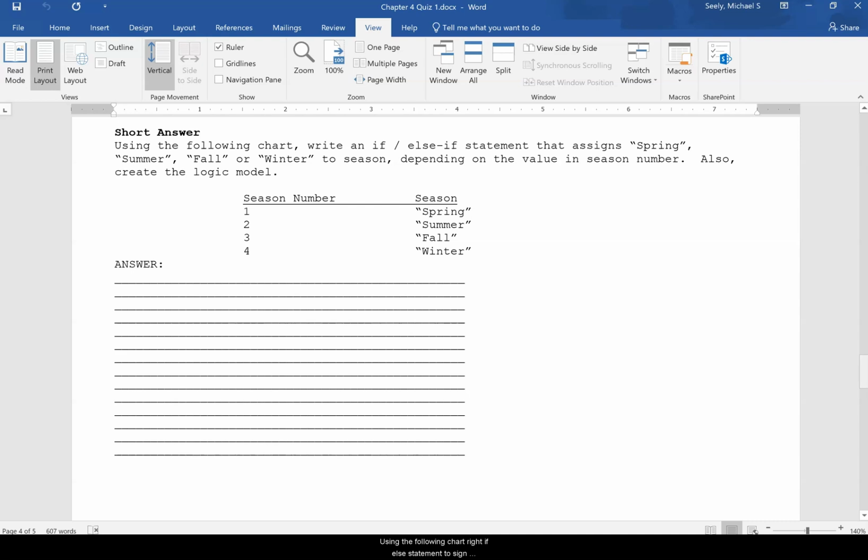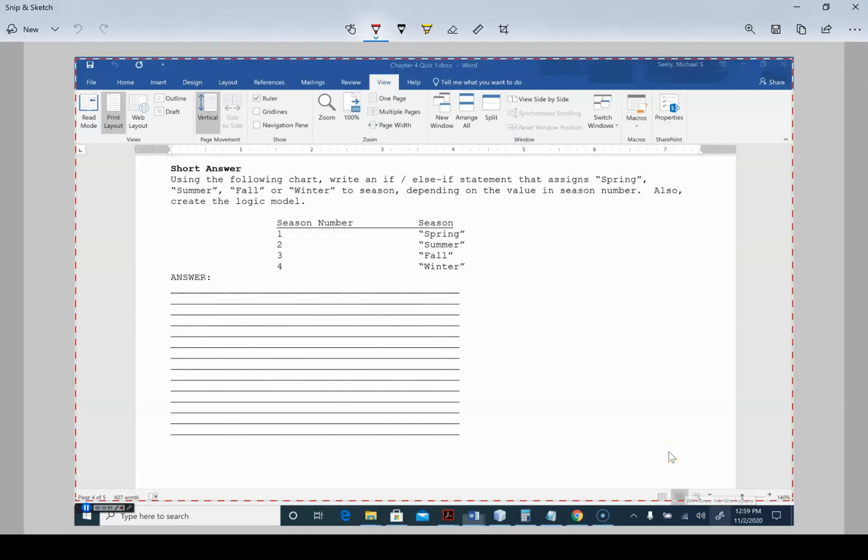Okay, so using the following chart, write an if-else statement to assign spring and so on depending on the value. Also create the logic. Okay, cool. We can do both of these. So, if season num equals 1, then season equals spring. Else if season num equals 2,